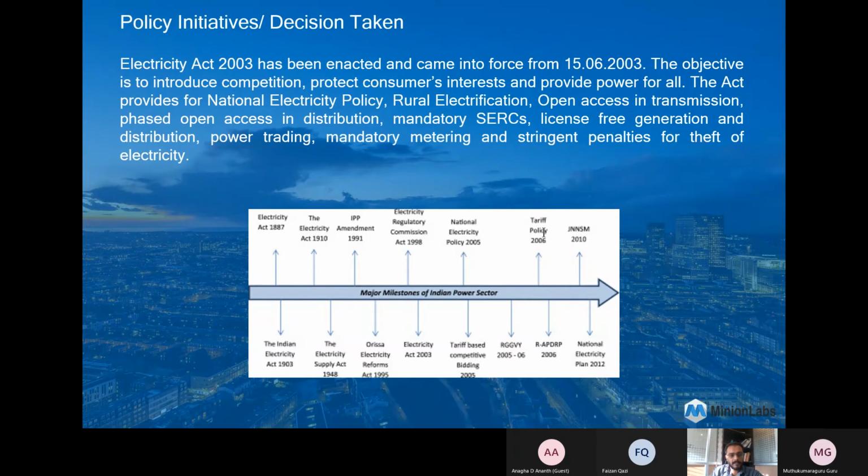It is a comprehensive legislation replacing the Electricity Act 1910, which was very old, from a century ago. The Electricity Act 2003 has been amended on two occasions, by the Electricity Amendment Act and the Electricity Amendment Act 2007. The aim is to push the sector onto a trajectory of sound commercial growth and to enable the states and the central government to move in harmony and coordination.